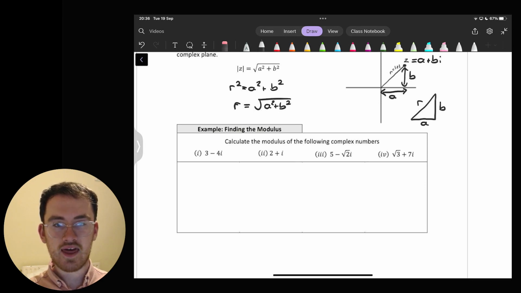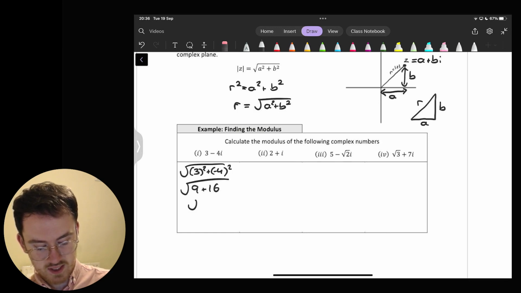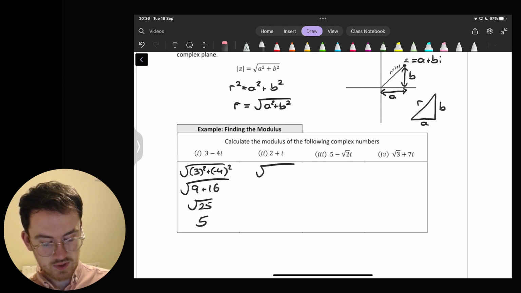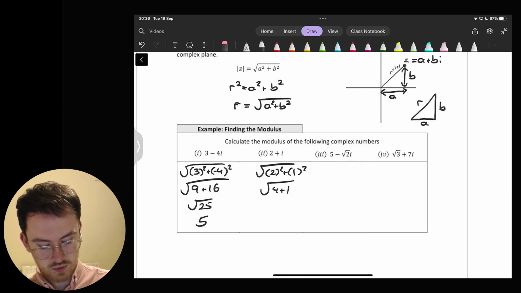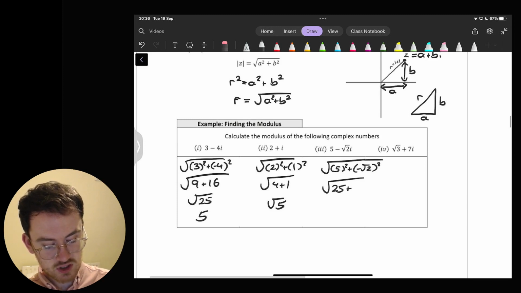So looking at the first few examples here, let's look at the first one. It's the square root of 3 squared plus minus 4 squared, which is going to be 9 plus 16, which is root 25, which is of course 5. The same thing goes with the second one, 2 squared plus 1 squared, which is 4 plus 1, which is root 5. And again, you'll get into a habit with these ones because you end up having to practice these quite frequently with all of the different calculations that we have in our complex numbers questions,